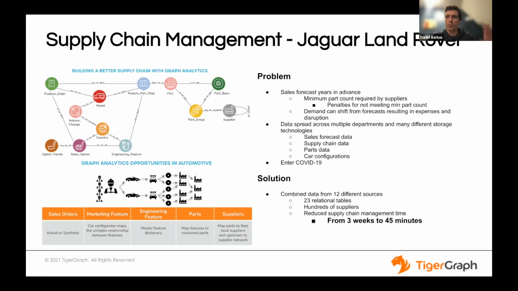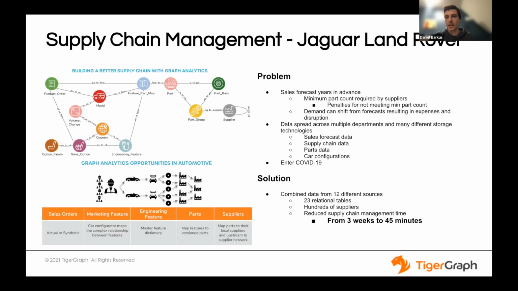Instead of having people comb through the data and put together these reports and present them at meetings, you just run a query now, and it gives you the output with all of your adjusted values for how your supply chain should adjust to these changes that you've made to your forecasting or to the availability of certain parts. So instead of something happens, we have to adjust our supply chain, we'll have an updated supply chain in 3 weeks, it's now something happens, we have to update our supply chain, we have an updated supply chain